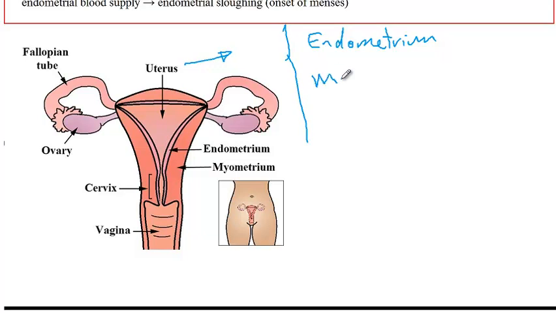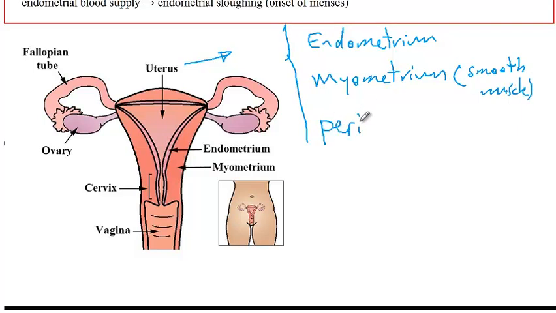And then we have the myometrium, which is basically a bundle of smooth muscles. And then finally, the uterus is made of a perimetrium, which is the outside covering or the visceral covering of it,